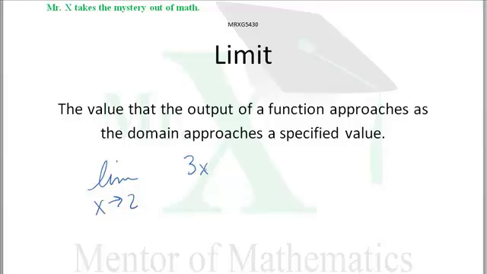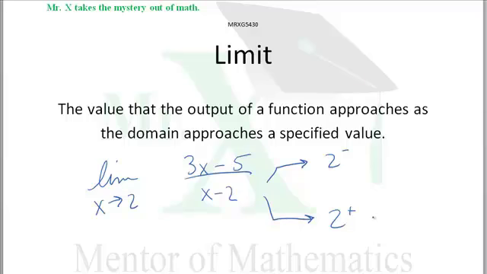But suppose we took a different function and we said the limit as x approaches 2 of (3x minus 5) over (x minus 2). Well, now it does get pretty interesting because now we have to worry about whether or not we're approaching from the left or the right. If we approach 2 from the top side, from the positive side, then we get